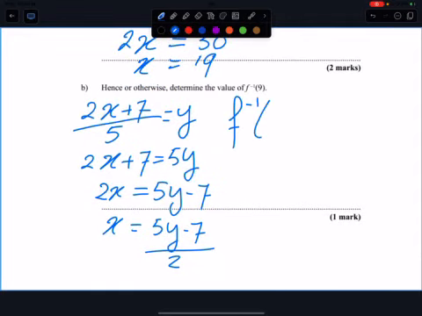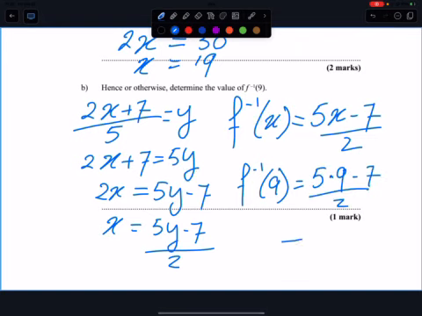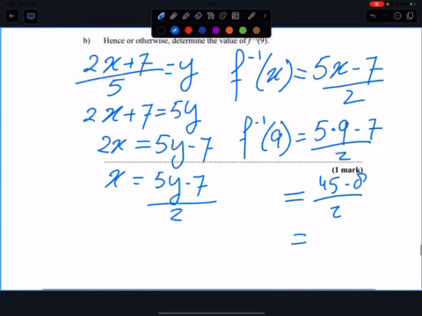So f minus 1 of x equals 5x minus 7 divided by 2. All right. What did they ask? f minus 1 of 9. So if I do f minus 1 of 9, my answer